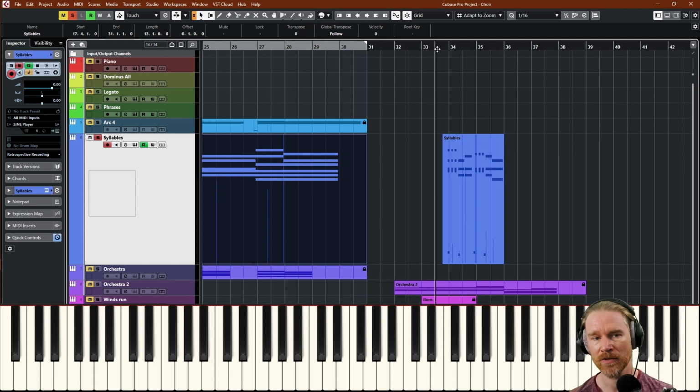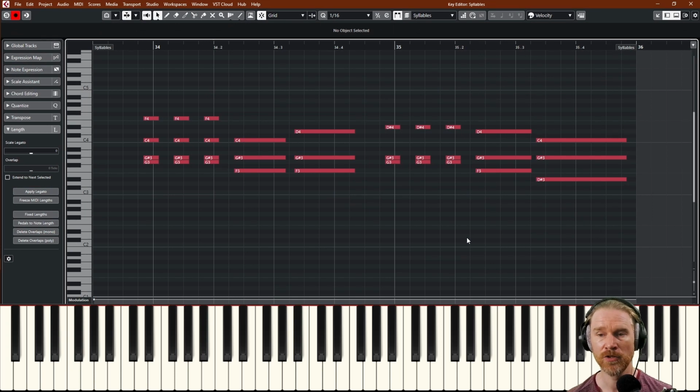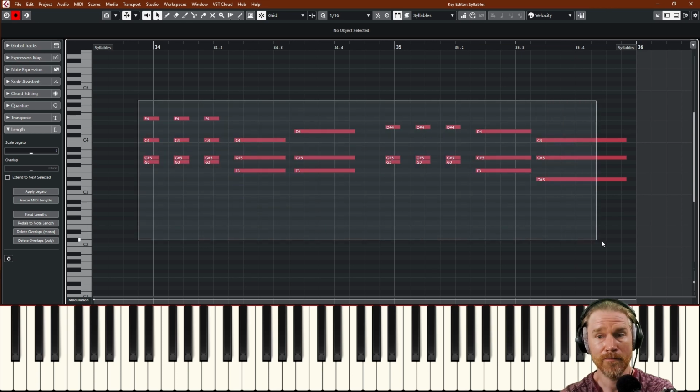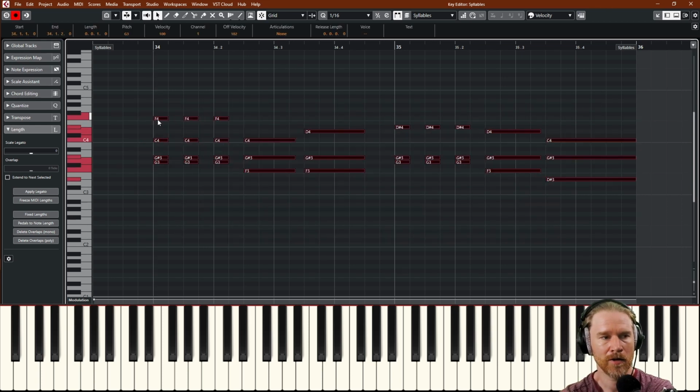There's something I want to mention also when you work with these libraries, both in legato and staccato, that singers do have, and that is a delay at the start of the library. So you have to pay attention to that. If you see here, all these things, I've moved them to fit the rhythm. Because if I have them completely on the grid, and let's have a click here,